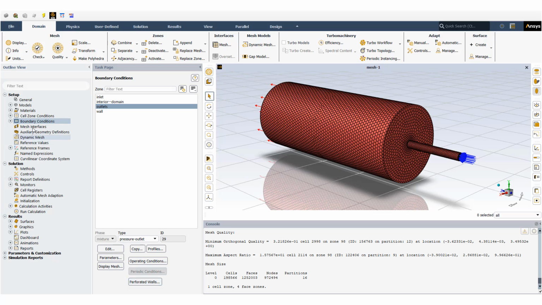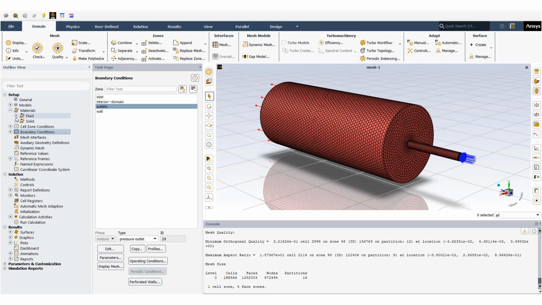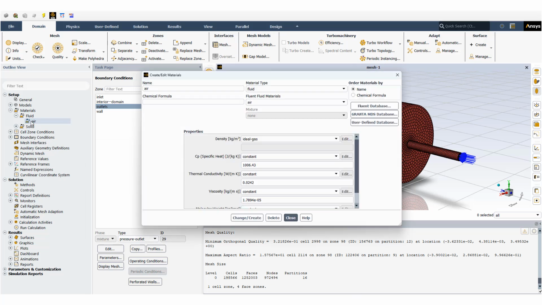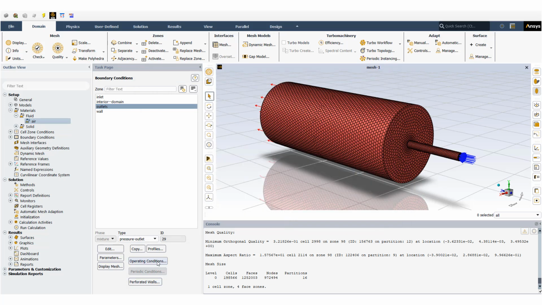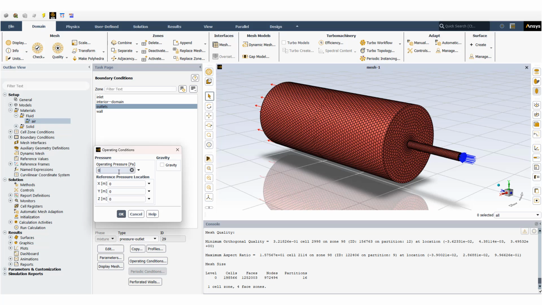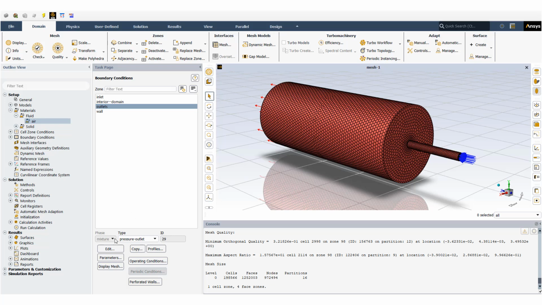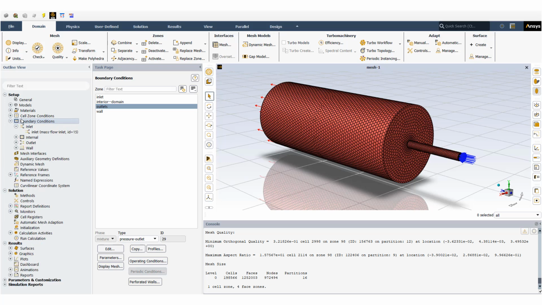because you remember that I have to use the ideal gas model for the air, for the gas that we have. So that's why in the operating condition I have to use zero operating pressure at the reference point, and then set the gauge pressure for the outlet or inlet pressure with ambient pressure. So be sure about this setup for the operating pressure when using ideal gas. And back to the